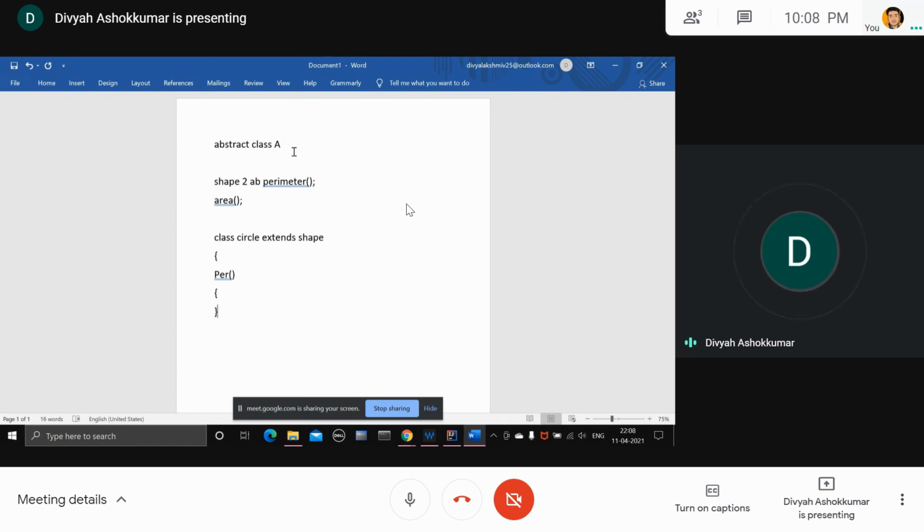So this is the example for abstract class, and the purpose of abstract class is inheritance and overriding. The main purpose of abstract class is we inherit and we override, and dynamic dispatch is also applicable. Dynamic dispatch means whenever you override, we create the reference of the parent class and we make it point to the object of the child class. So for example,